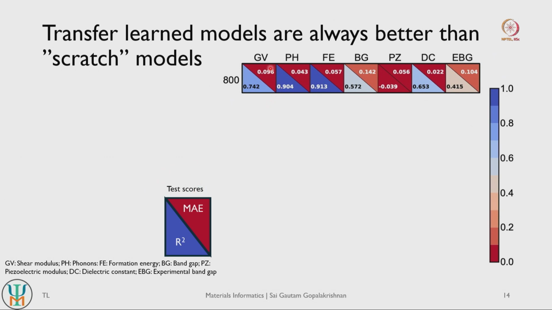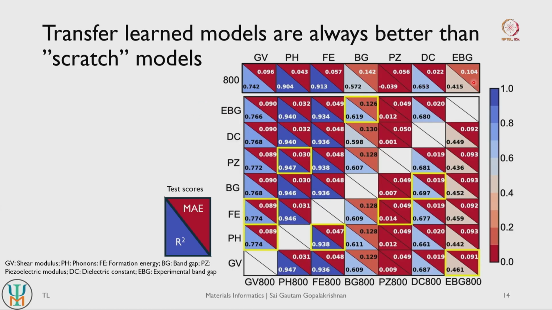All the scores listed here are test scores. They are all scores on the test data set, which is 5-fold cross validated. So you split the test set into 5 different slices and you measure the performance of the model across those 5 different slices, and then you take an average of them. So these are all 5-fold cross validated scores. Okay. So this is how the scratch models perform. Let us now look at how the pairwise transfer learned models perform.